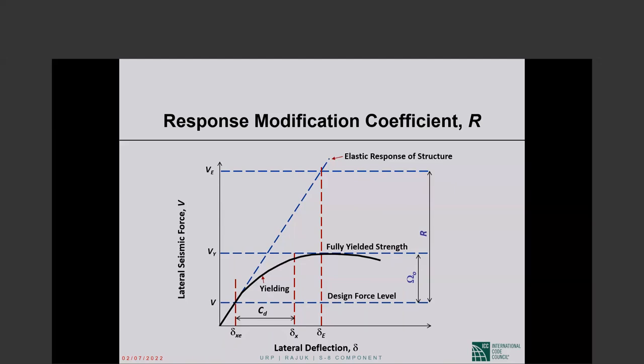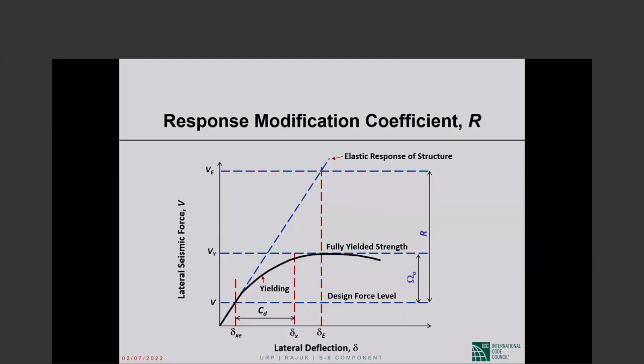So delta sub XE is the elastically computed lateral deflection at floor level X under the code prescribed seismic forces. The design base shear distributed along the height of the structure in the manner prescribed by the code. We know that if the design earthquake were to actually hit, the displacement of level X would be much higher than delta sub XE because